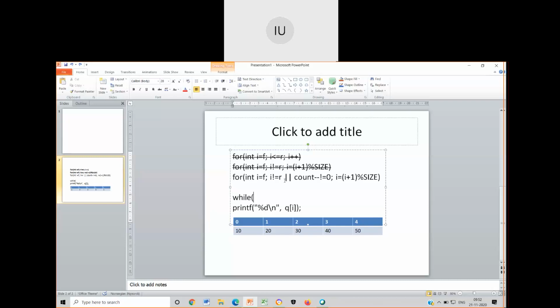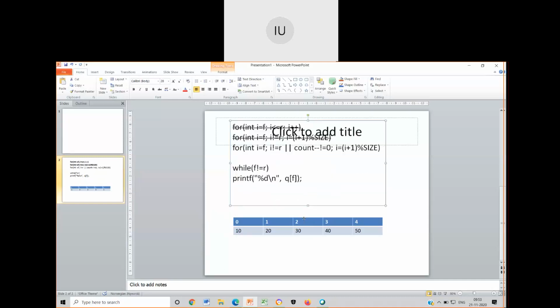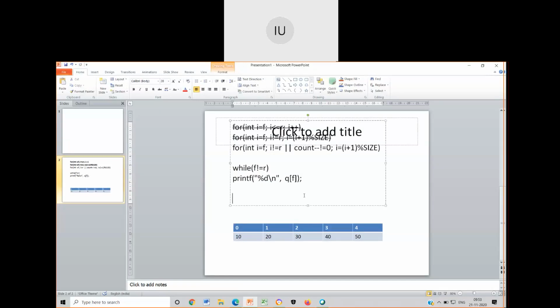While front not equal to rear, let me write Q of f and then front is equal to front plus 1 mod size.